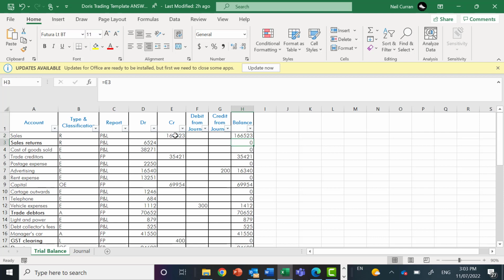So that is there, and equals 6524 for sales returns, equals $38,271, and then postage expense, rent expense, capital, I've used the same, cartage outwards, telephone, and then I've done some pre-existing ones here, GST clearing,